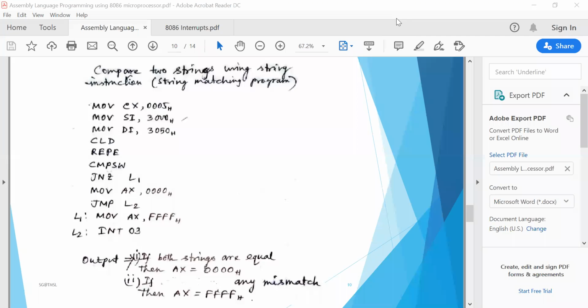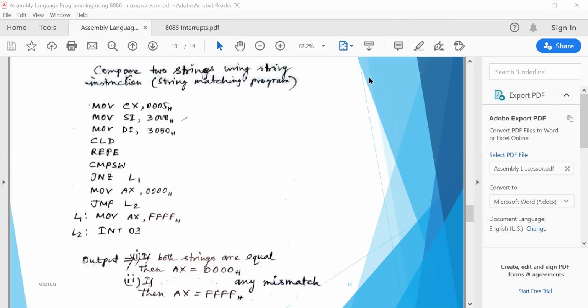So you have to change your inputs. Like in 3000, 3000 equals 0001. It needs 2 consecutive memory locations because it's a 16-bit number. So the next memory location will be 3002, where 0002 will be stored. Next is 3004, where 0003 is stored. In the next memory location 3006, 0004 will be stored, and in 3008, 0005. These 5 data bytes have been stored in these consecutive memory locations.